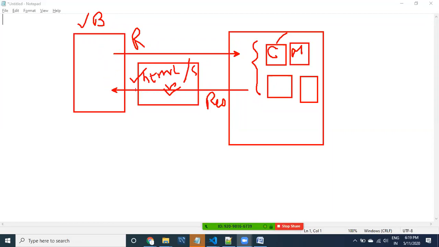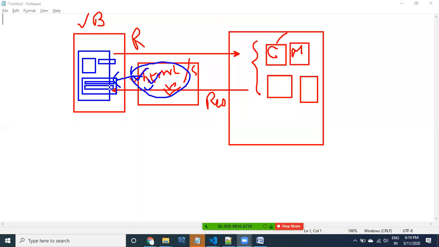What is the browser going to do? The browser is going to take this HTML, CSS, JavaScript, all these things, and convert this HTML code to output, like images. It is going to display images, some text, and some tables. So graphics and so on can be displayed over there.